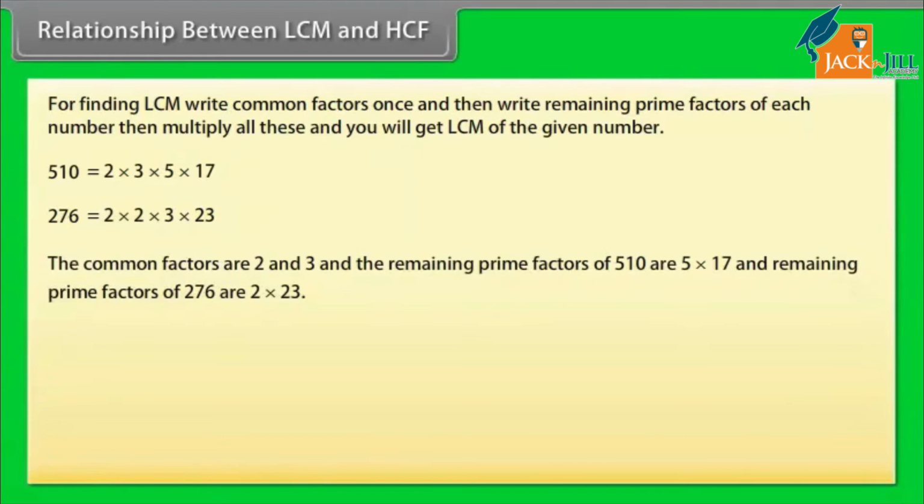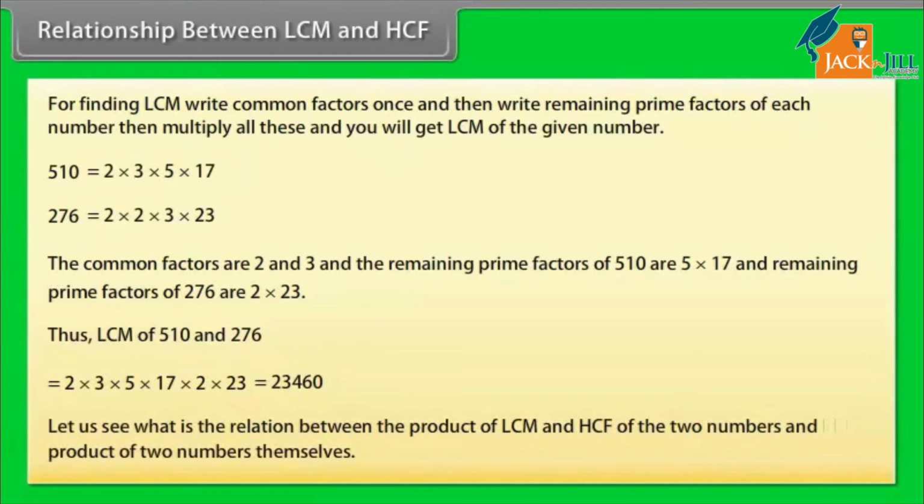The common factors are 2 and 3, the remaining prime factors of 510 are 5 into 17, and the remaining prime factors of 276 are 2 into 23. Thus, the LCM of 510 and 276 is equal to 2 into 3 into 5 into 17 into 2 into 23 equals